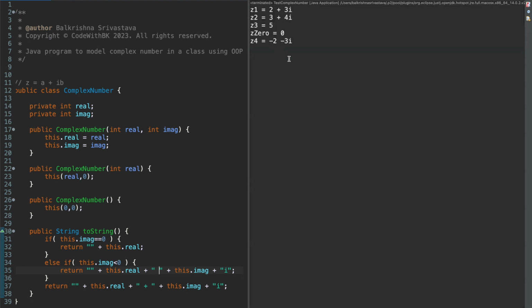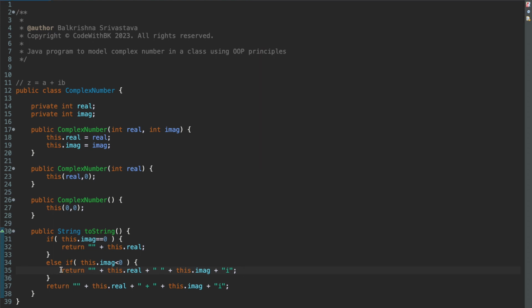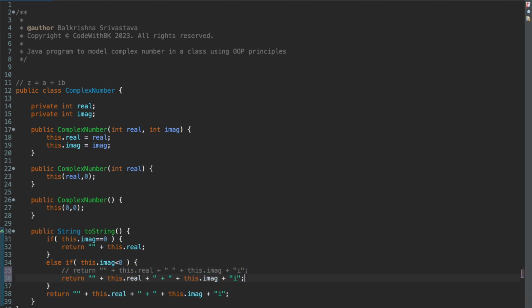Alright. Or if you want the minus symbol in the center, you can say return this thing, add a minus symbol and we will say -1 into,